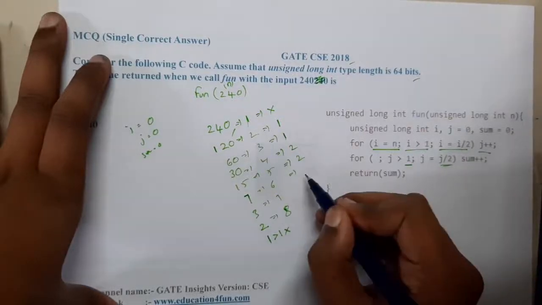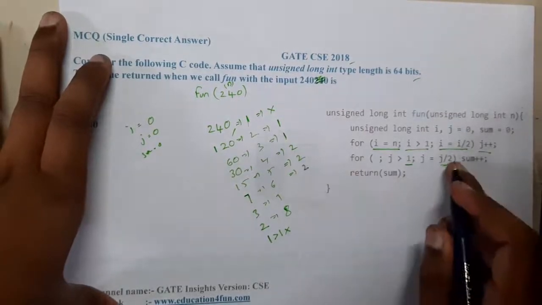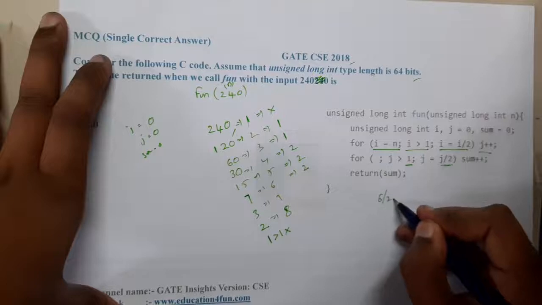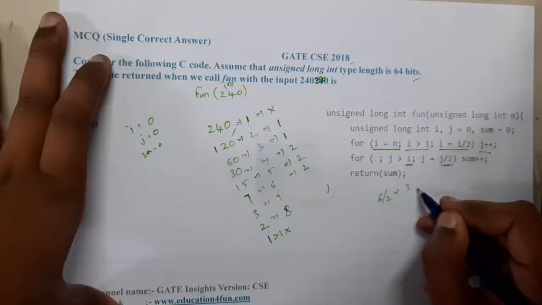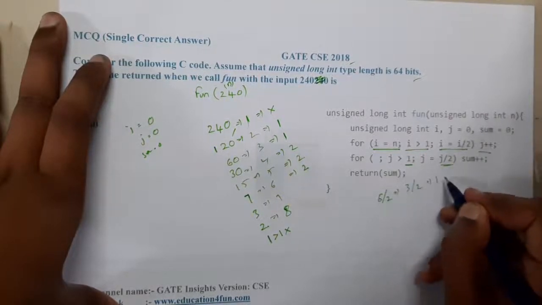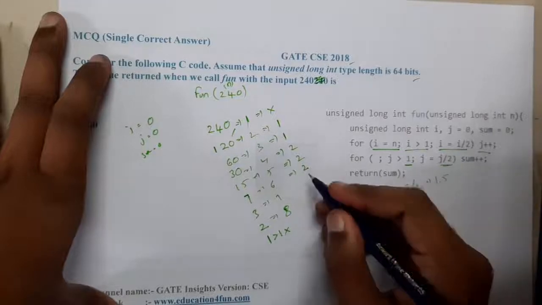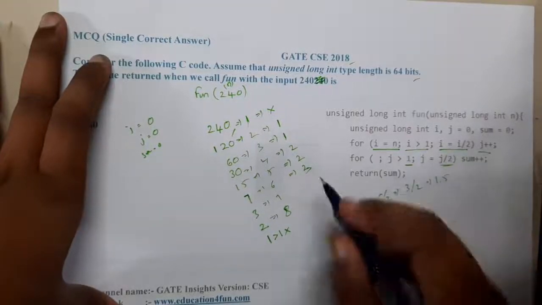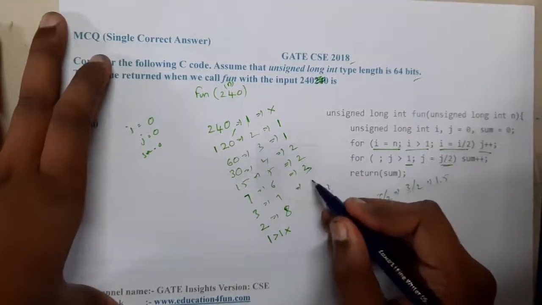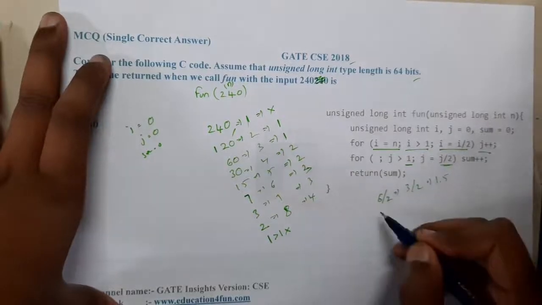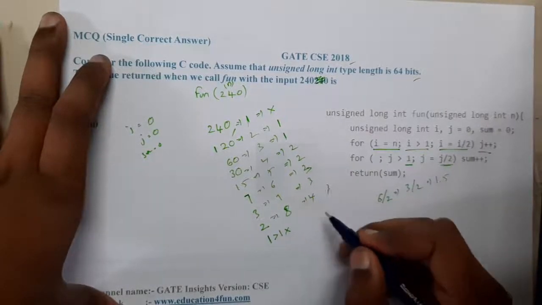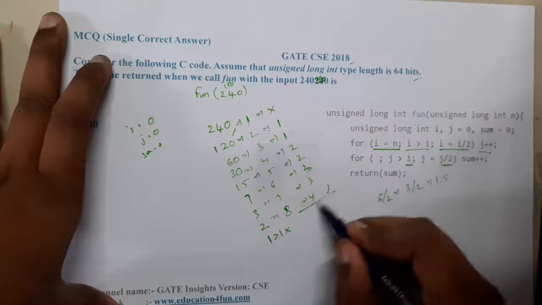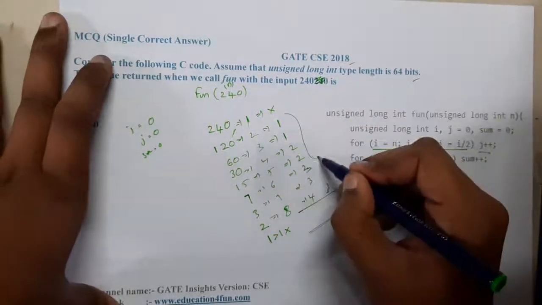For this you will get, I think, twice only, because it is doing exactly half, right? So it will do 6 by 2, you will get 3, and it will do 3 by 2, you will get 1.5. Okay, so it's doing thrice, I think. Yes, it's doing by 2, right? So it will get thrice. Again here also you will get thrice, and here you will get 4 times. So 8 by 4 is nothing but 4. So now if you cross check how many times in total it is doing, that will be the